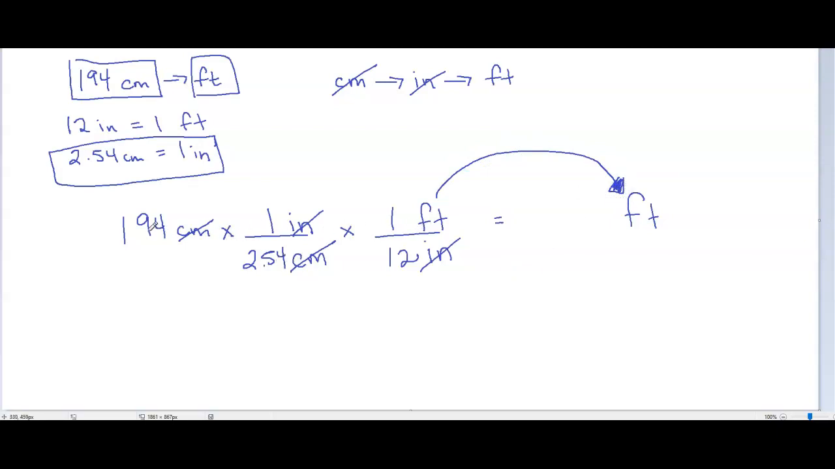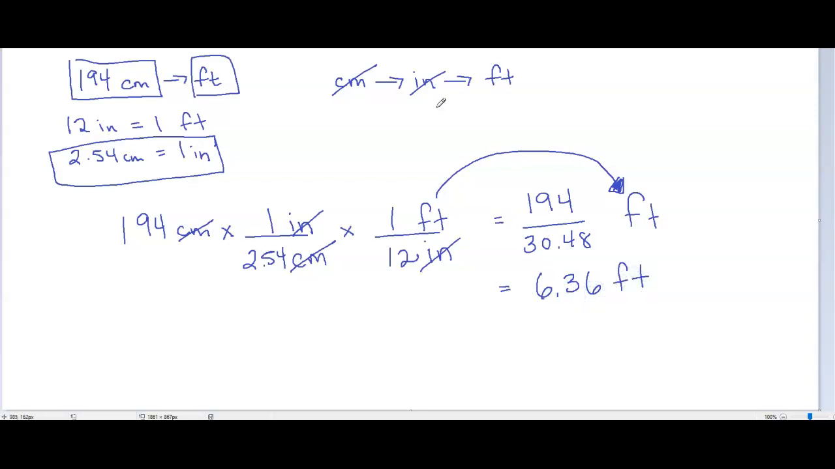Then to solve this, I'm going to multiply across the top. So 194 times 1 times 1 is 194. And I'm just going to grab my calculator. And I have my calculator. So now I'm going to take the bottom, which is 2.54 times 12. 2.54 times 12 equals 30.48. And then I'm going to go ahead and do that final calculation, which is 194 divided by 30.48 is equal to 6.36